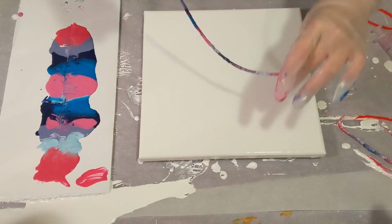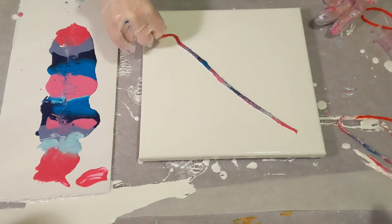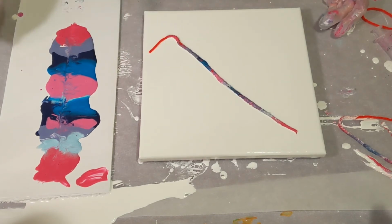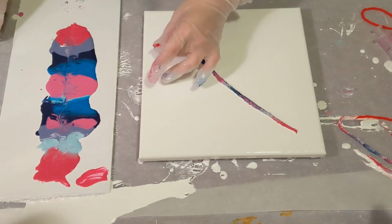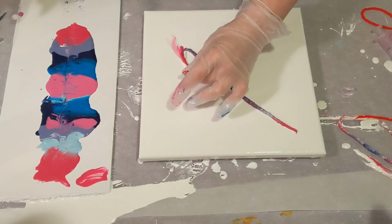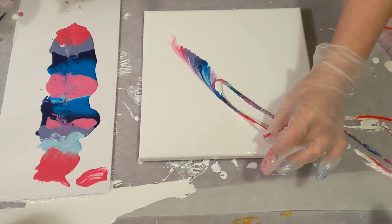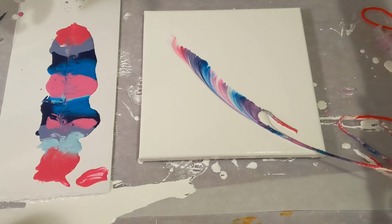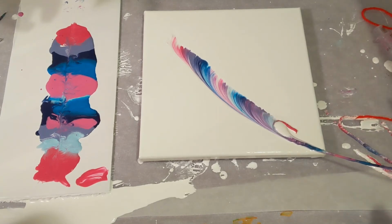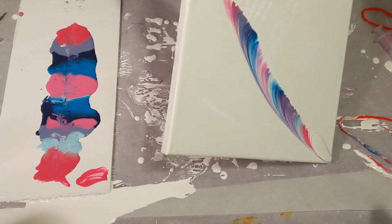So here we go again. That looks good. And this time I'm going to try to have a little bit more self-control and I'll pull it closer. Oh goodness, it looks like there's more paint on this canvas than there was on the last one. Hopefully it'll just keep dragging like it is. Oh, beautiful. Will it run? Go ahead and run